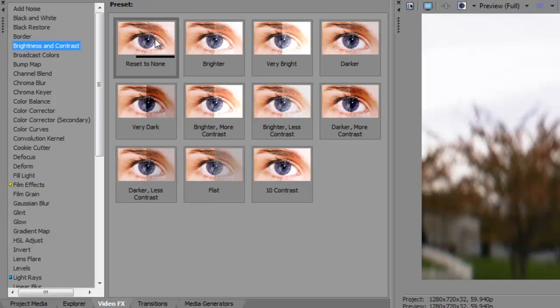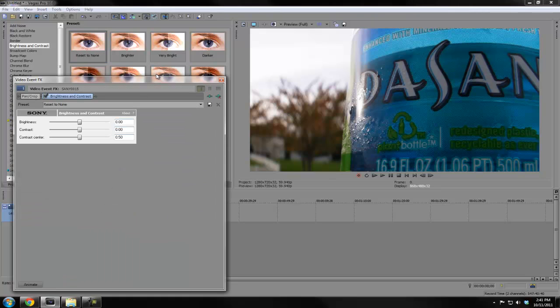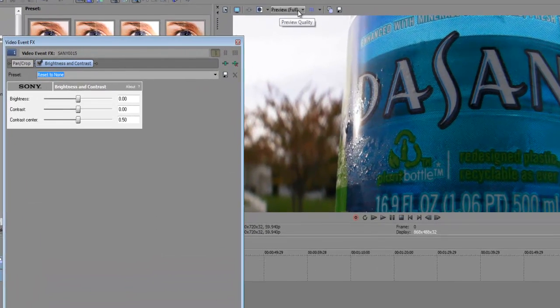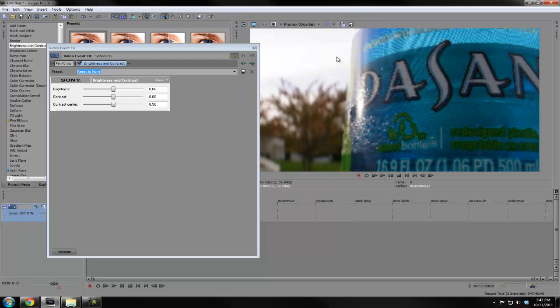So to start off, I like to use brightness and contrast. I click on the reset to none and then I drop it onto my video track, and then as you can see here, it brings up this window. So whenever you're color correcting, be sure to keep your preview quality on high, because if it is on, say, quarter, you can't get as much detail, and it's only one frame, so you don't have to worry about it lagging or anything like that. So once I bring up the brightness and contrast,